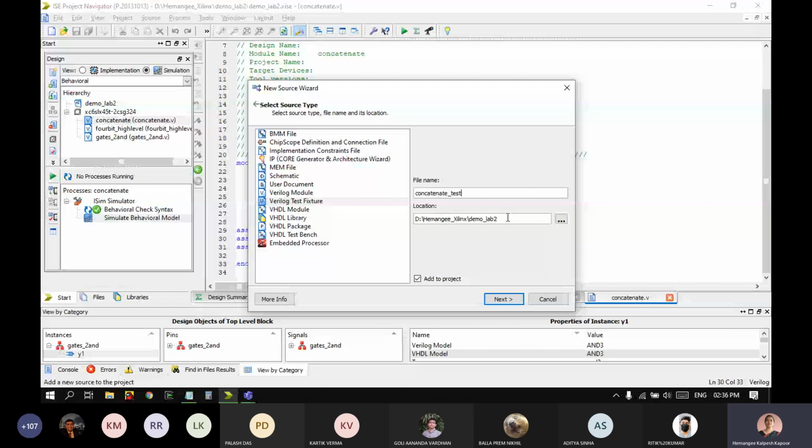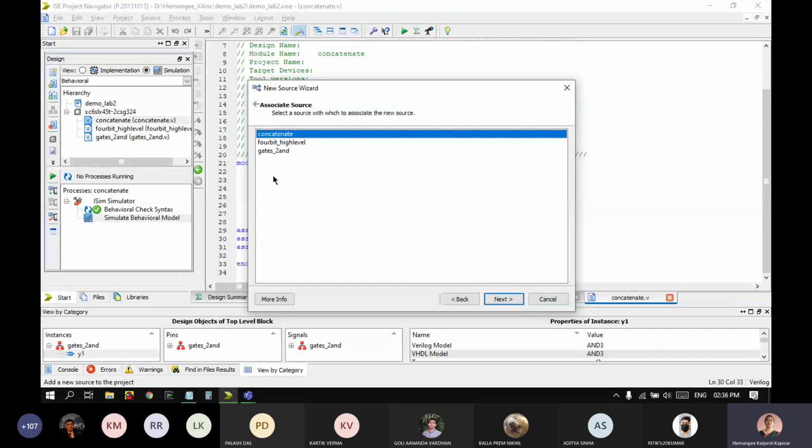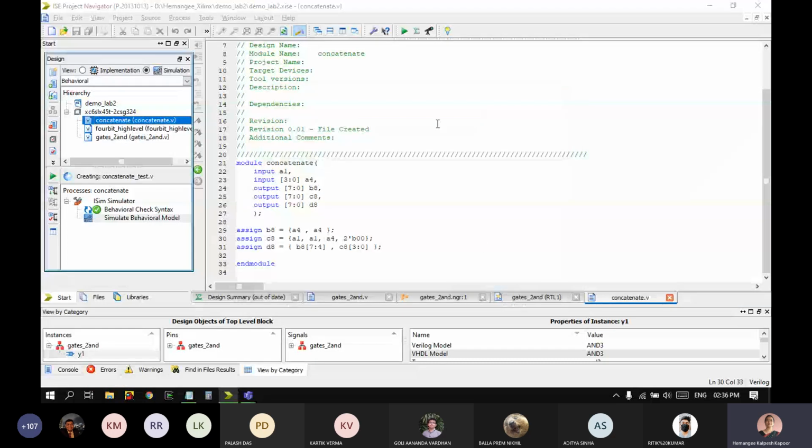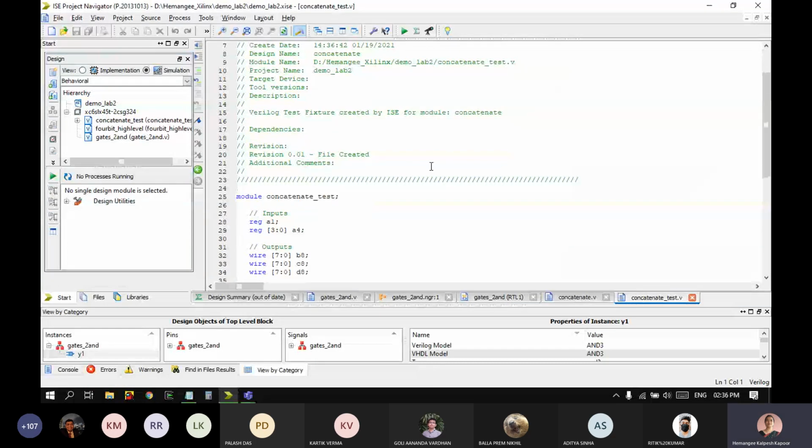It will ask which program this test case is for, so I'm going to click the correct one, click next, and it gives you the full template, which is almost ready for you with all the inputs and outputs. It never has the intermediate or internal variables. So it starts with the initial, begin, and end.